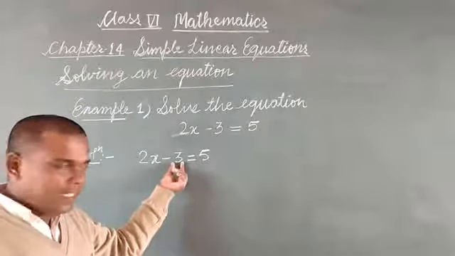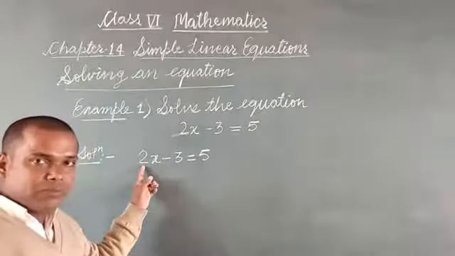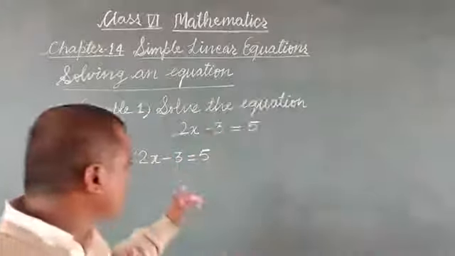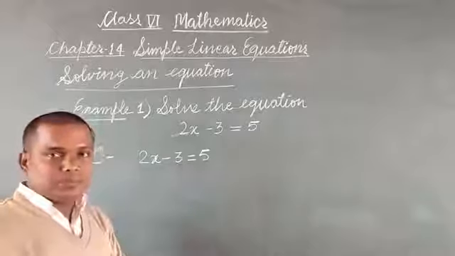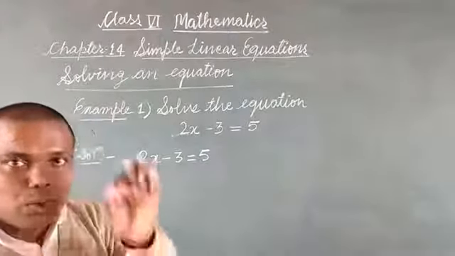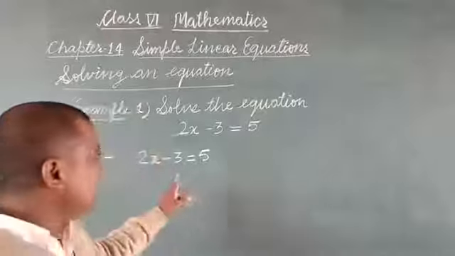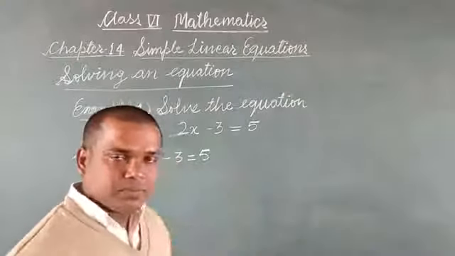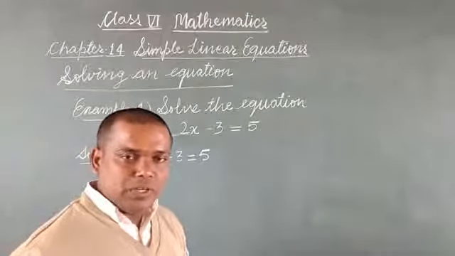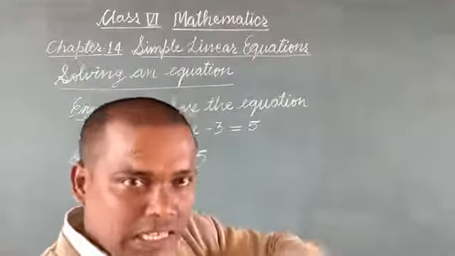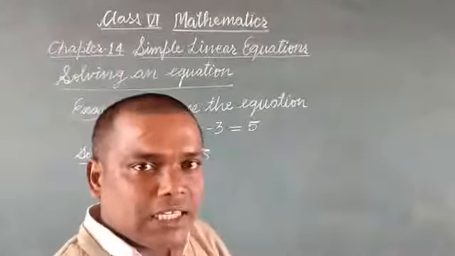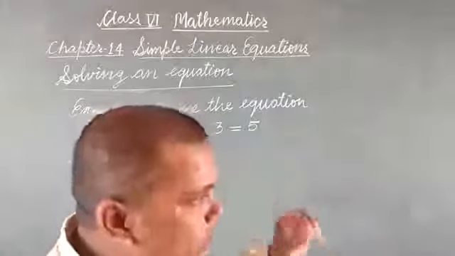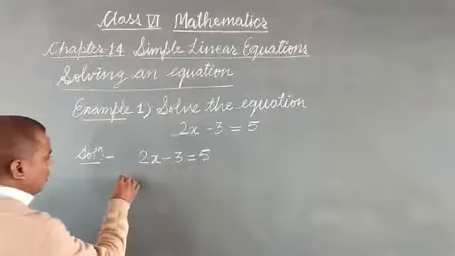First we remove minus 3, then the coefficient of x. Now you think, how can you remove 3 from here? If we add plus 3 to the left side and to the right side, we know that when we add the same number to the left side and right side, the equation remains the same. So what we do next, we write: